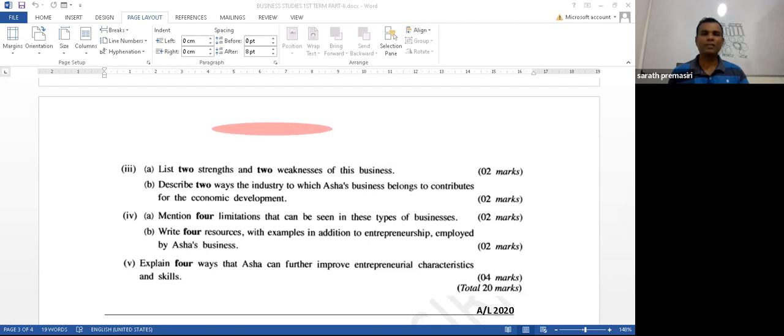That is why I told you, according to the theoretical part, there are two main or core business activities. One is fulfilling human needs and wants. Second one is value addition to resources. Then the other one, here you see, is value addition by designing phone covers, value addition to resources. Now, these are the two business concepts, and you have to answer with regard to this given paragraph.